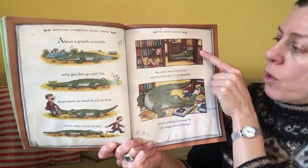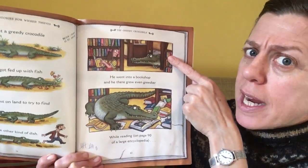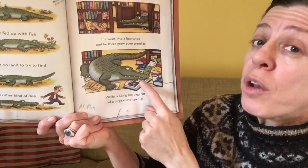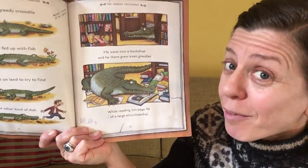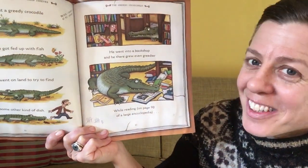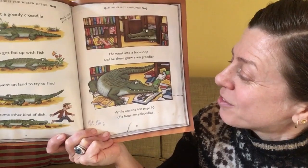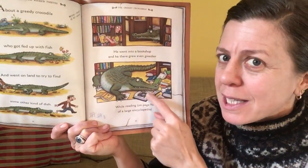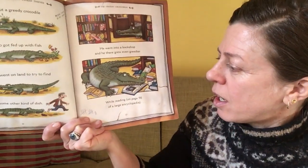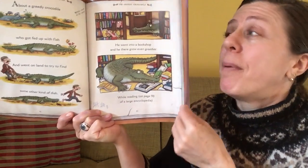He went into a bookshop and he there grew even greedier while reading on page 90 of a large encyclopedia. Do you remember we talked about the encyclopedia at the beginning? We saw that on the bookshelf. And so he hasn't eaten anyone. He's reading about something delicious. Let's find out. So, while reading on page 90 of a large encyclopedia about...